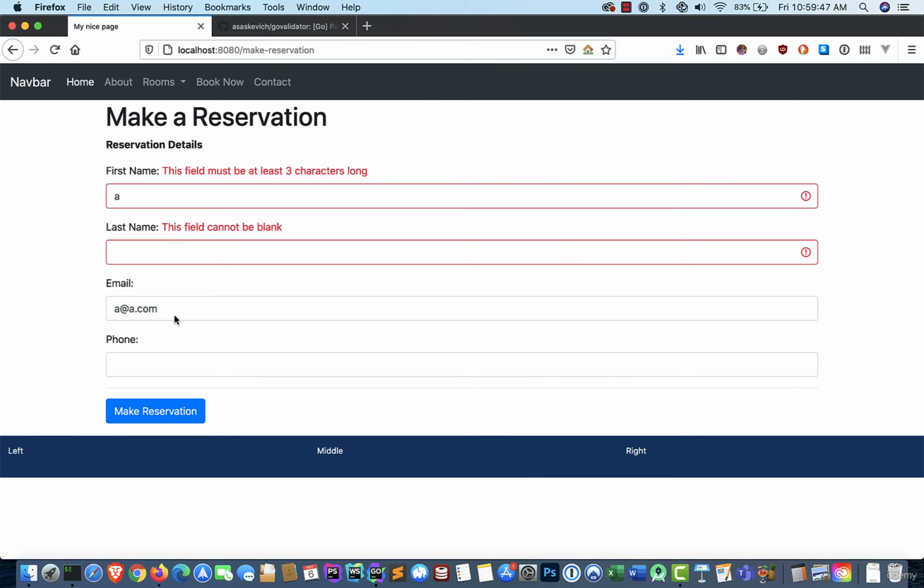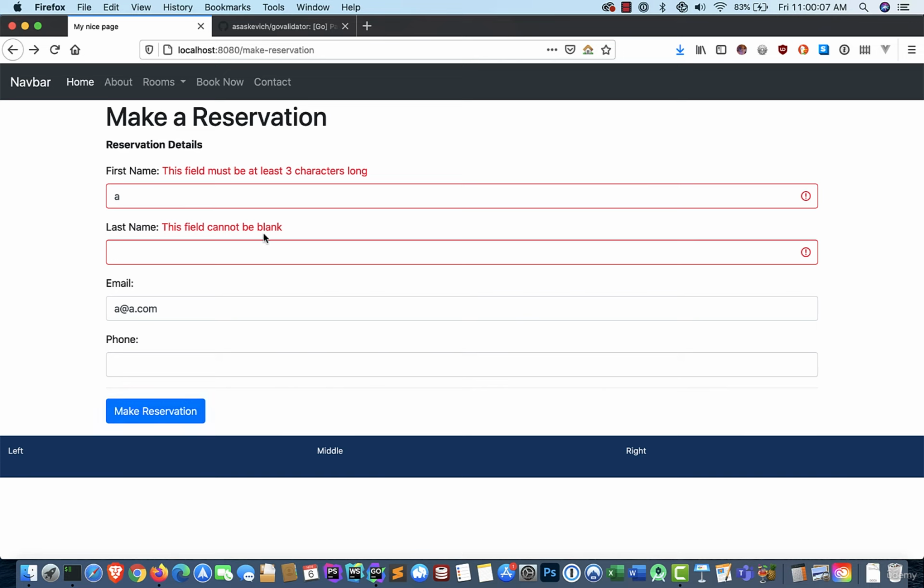In the next lecture, what I want to do is when this form is filled out properly, so I have enough valid information in here to get past the check, and I don't need phone. Right now, it displays a blank screen. And what I want to do in the next lecture is actually display the results of our reservation. And as you've